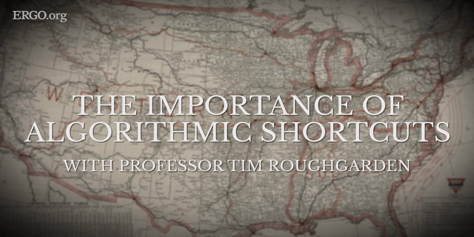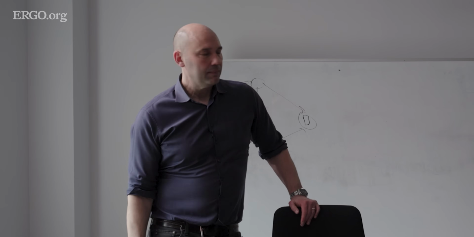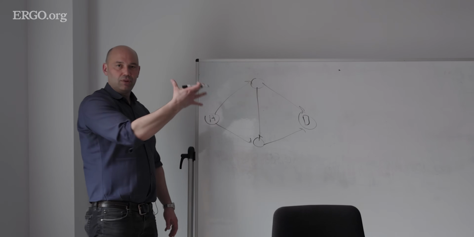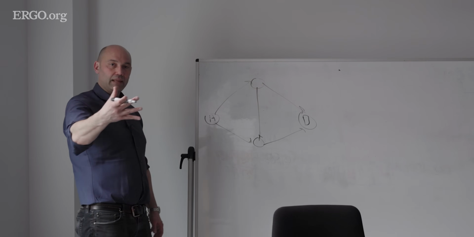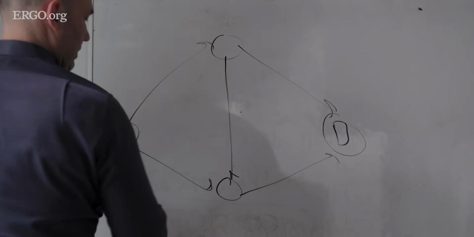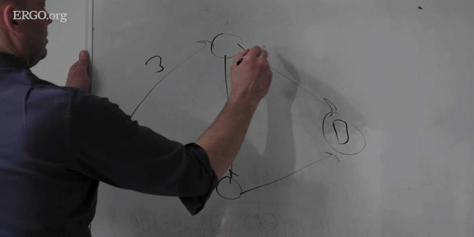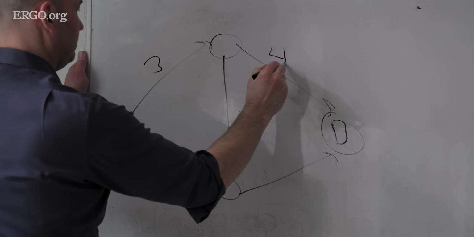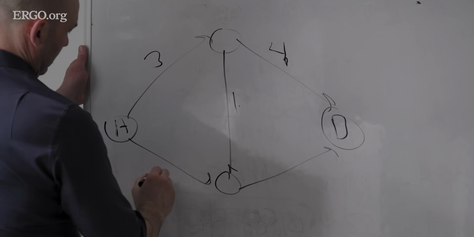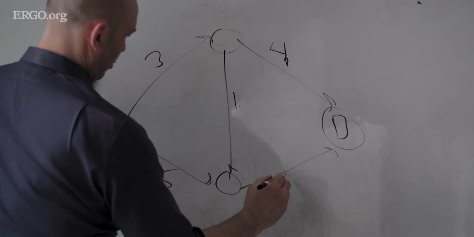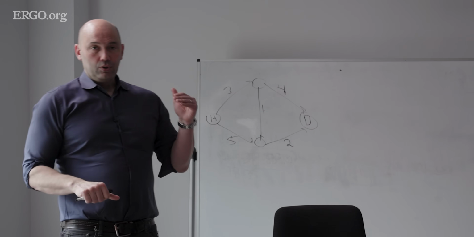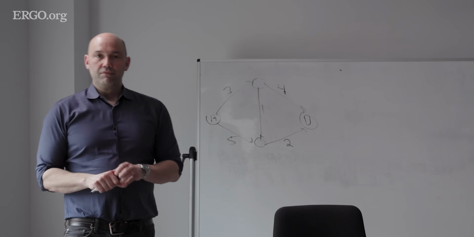Let's have a very simple model of travel times in this network. Let's just say that I'm going to annotate each of these edges with a number representing the travel time along that road in minutes to get from the start of the road to the end of the road. So let's say this one takes 3 minutes, this one takes 4 minutes, this one takes 1 minute, this one takes 5 minutes, and this one takes 2 minutes. Okay? And these are one-way streets, so you can only drive on the street in the direction of the arrow in this example.